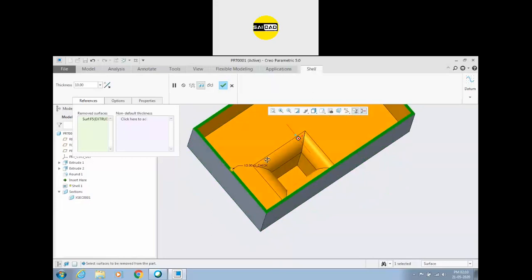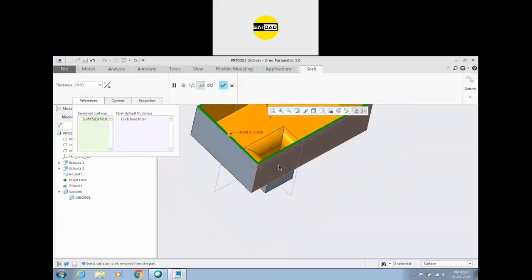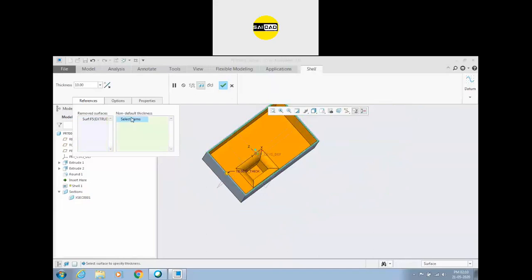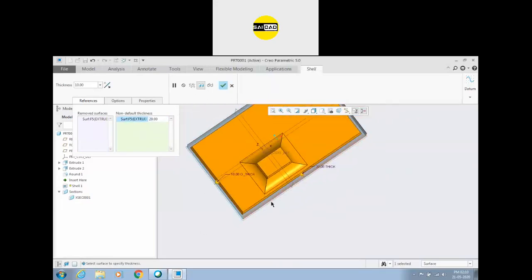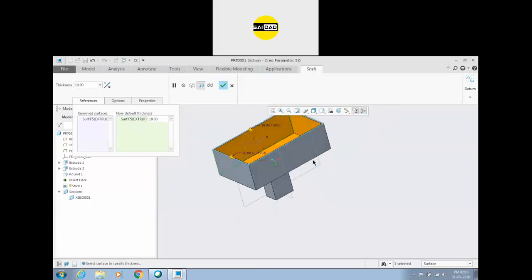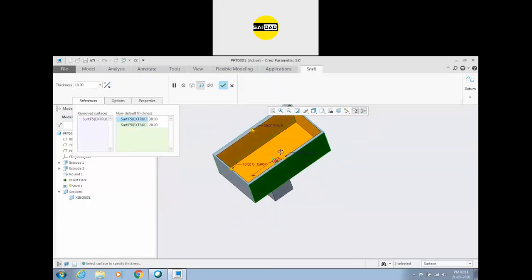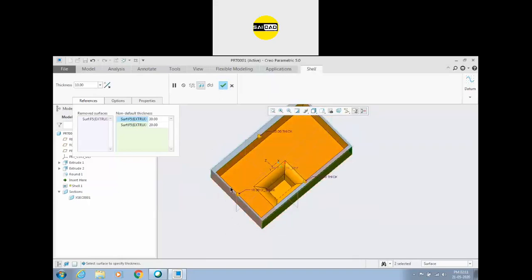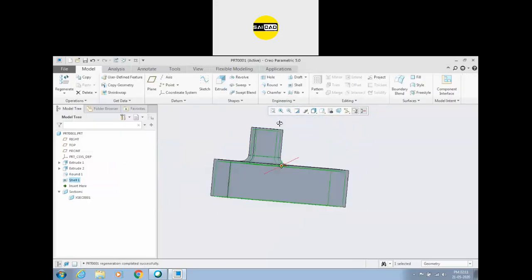Now if you want some different thickness in some different face, suppose I want this face to be at 20 thickness. So click here non-default thickness, select the face. I want this face at a thickness of 20. So you will see this face has a different thickness. If you want some other faces, click here. I want this object. Okay. To select some other, press Control. You can select multiple. Define the value. I want that to be 20. I want this to be 30. We can apply many different values. Okay. 10 thickness, 20 thickness, 30 thickness. Click OK. The object will be created like that.